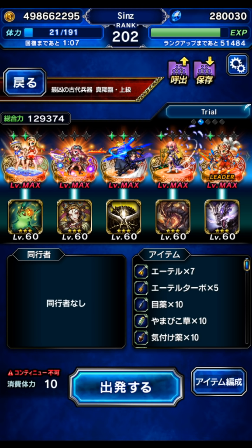I'm going to use some units Global doesn't have yet because I don't have Sora. And Sora is a really great unit for this trial. He OTKs it very, very easily. I'll be using a Sora OTK tomorrow. I'll also be doing a Terra OTK tomorrow. I don't have either of those on JP, so I've got to use some different units that Global doesn't have